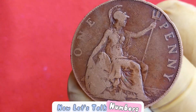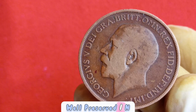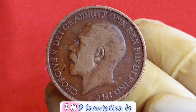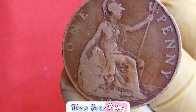Now, let's talk numbers, because this is where things get seriously jaw-dropping. The current market value of a genuine, well-preserved IND 1911 coin with the Georgiv 6 de Gra Brit Omn Rex Fid Def Ind Imp inscription is estimated at $585,333. Yes, you heard that right. A single coin, smaller than your palm, could be worth over